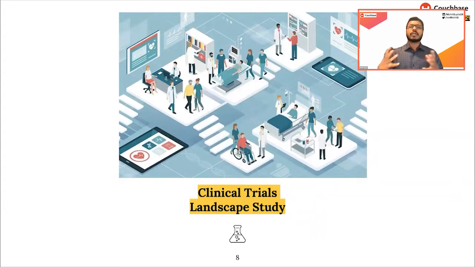Let me give you a little bit of background. If you look at a clinical trial landscape study, and now with COVID coming in and the vaccination, you all have heard about emergency FDA approval, different phases of clinical study, the vaccine study, or the vaccine mandate. So what typically happens in any clinical trial,